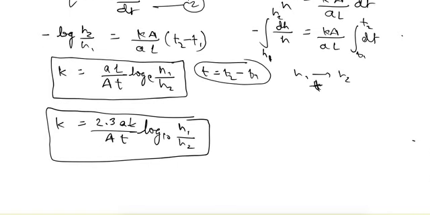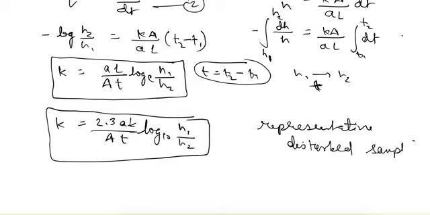But this value, as I said, will not be the representative value, because this is normally a disturbed sample. Whatever care we take in taking the sample, it will mostly be a disturbed sample. So in that case, the pore size and the structural arrangement of the particles will change, and because of that the coefficient of permeability will also change. So what we get in the lab and what we get in the field will be different.